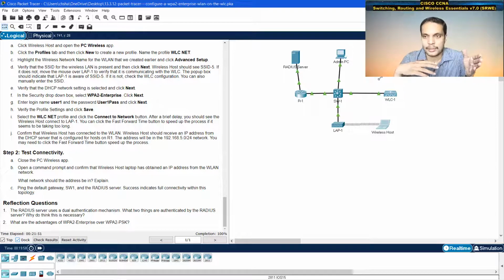Coming to WPA2 Enterprise, because we have a separate server called Radius server exclusively for this authentication, every user can have their own password, and addition and deletion of users, if you want to remove them, or if you want to impose some type of control policies, it will become much easier when you go for WPA2 Enterprise. But as I said, it would be really good if you guys try to answer these questions on your own.